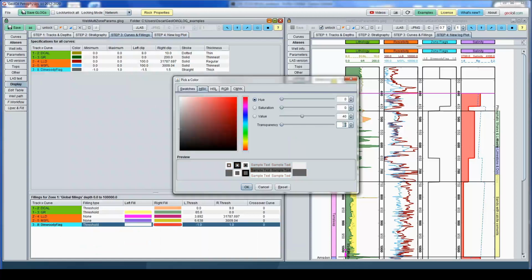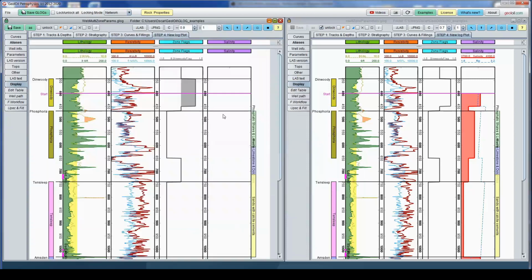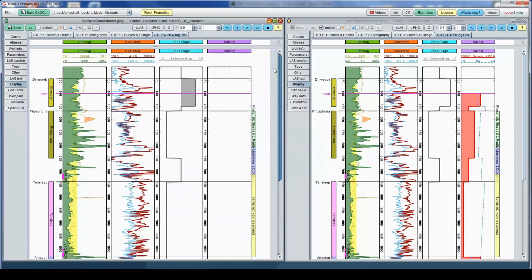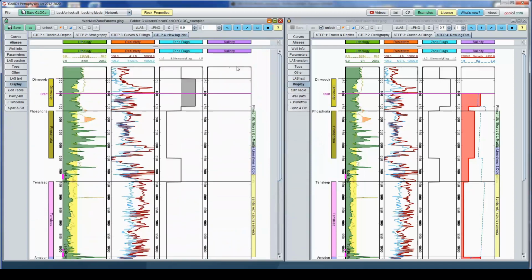Let's choose some transparency, maybe 50% on that. And the threshold value to the left of minus 1 will be white. And let's put the filling from 0 and beyond and see what happens. Exactly. So this is Dinwoody. This is the only zone, the only collection of measured depth where you have Dinwoody.